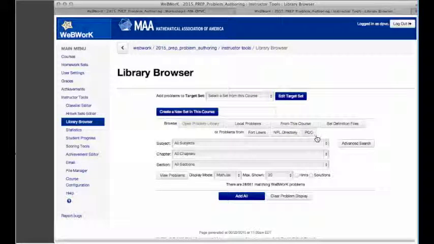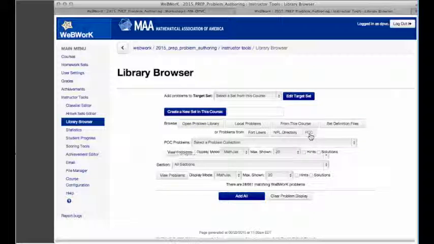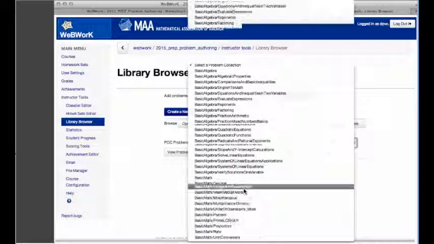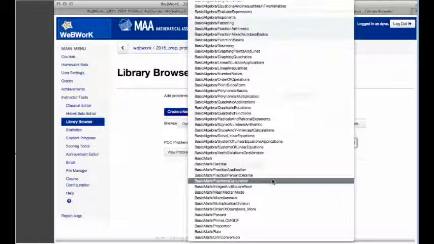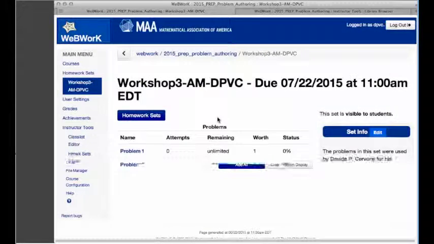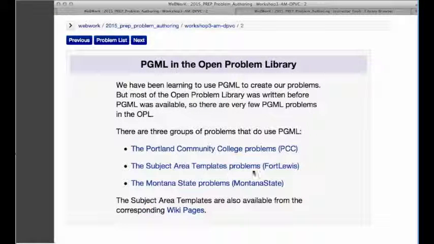There's a button right here for the Portland Community College problems. So there are collections here about basic algebra, basic math, and so forth. So they're doing low-level math for this. It's not calculus and above, but at least it's a large collection of problems that deal with PGML. The second one is that Paul Pearson, who is one of our presenters, who will be presenting this